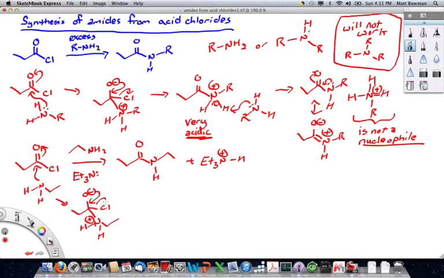Electrons come down, kick the chloride off. Get this? Now, on this deal, either the triethylamine takes that proton off and you generate your amide and the protonated triethylamine, or what can happen is another ethylamine can take this proton off. The triethylamine case, that's easy. That's what gives you the product. But say if an ethylamine stumbles by that proton,